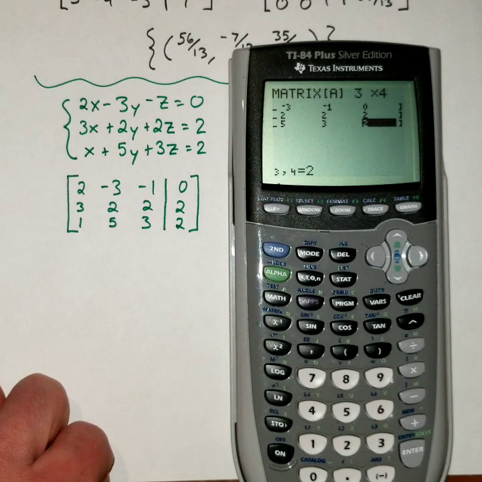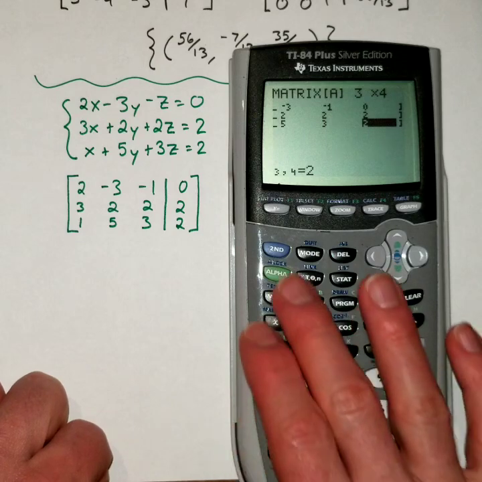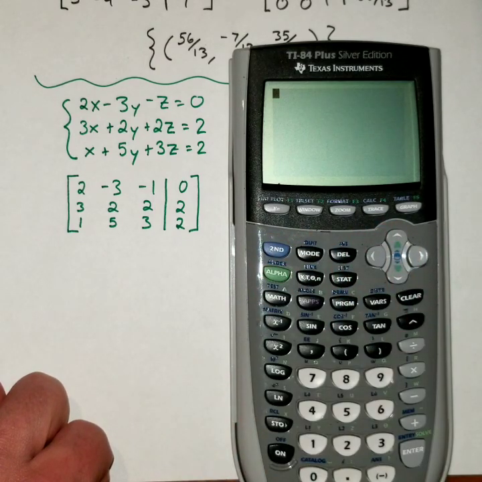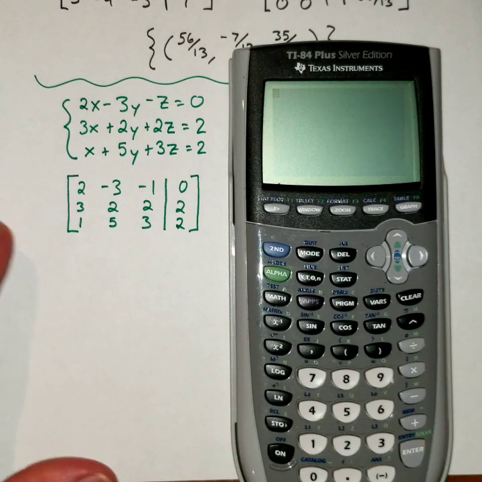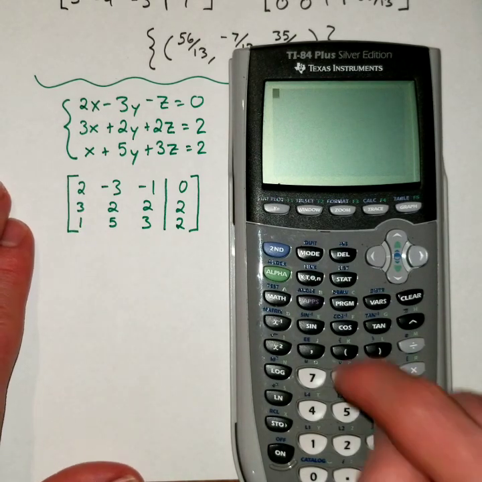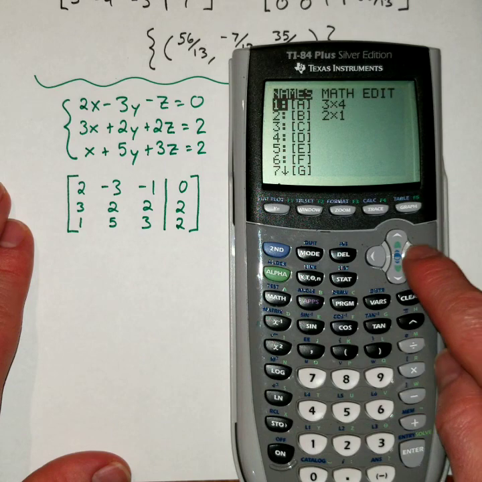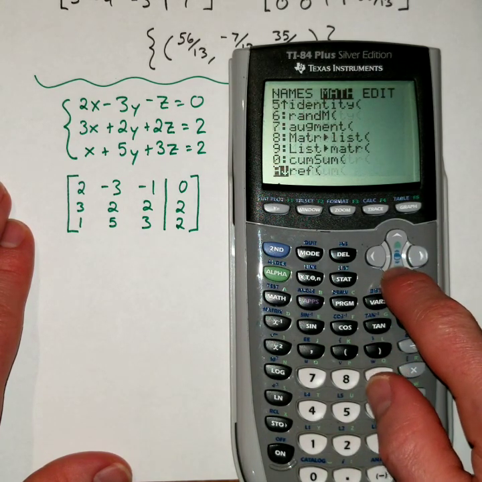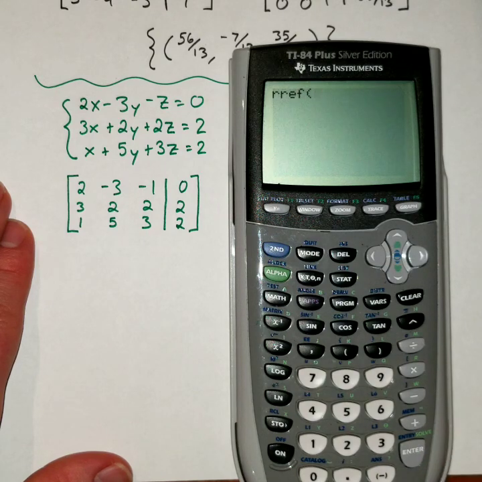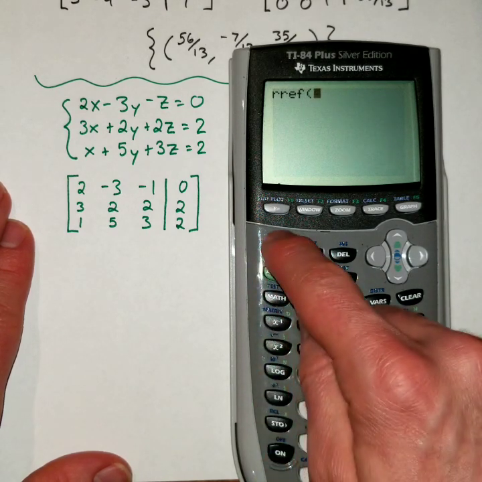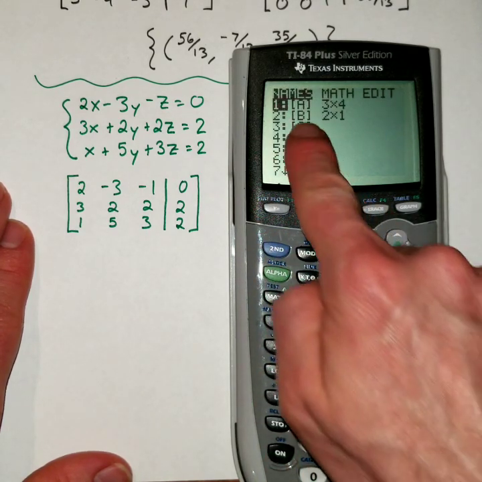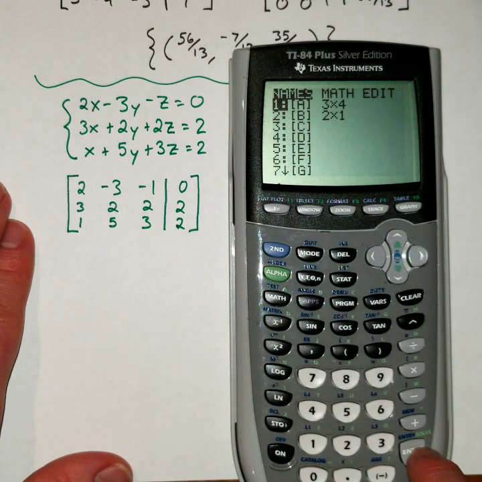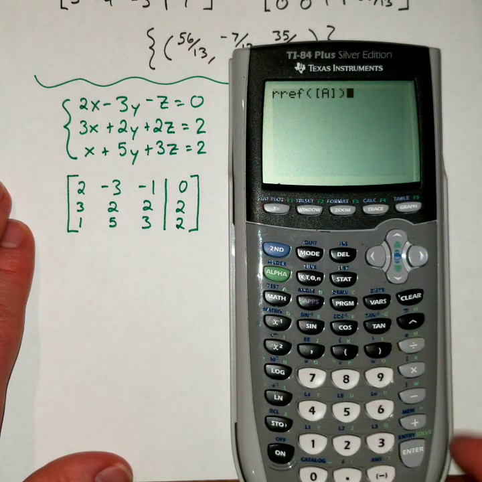Okay, so I changed all of my numbers, just typed over all the old ones. And then we're going to quit, go back to the home screen once it's entered. Then I need to do some math on this matrix, so I go second matrix, over to the math menu, down to RREF. I need to tell the calculator what matrix to use. We're going to use matrix A under names. Close the parenthesis,